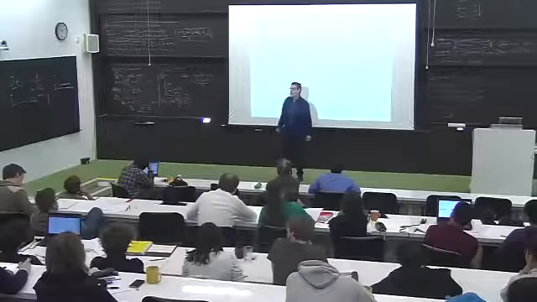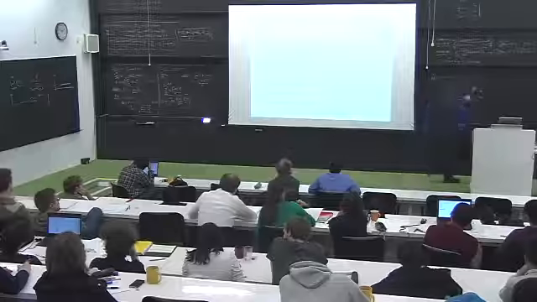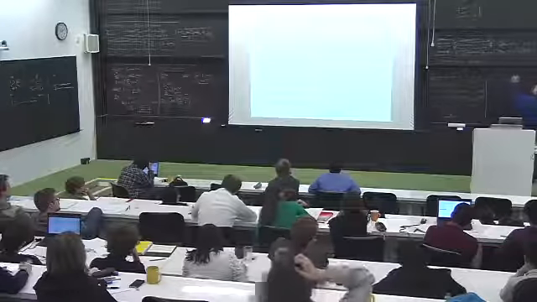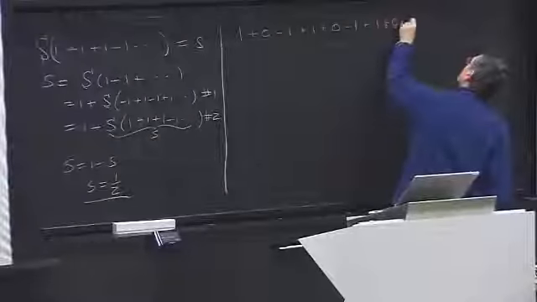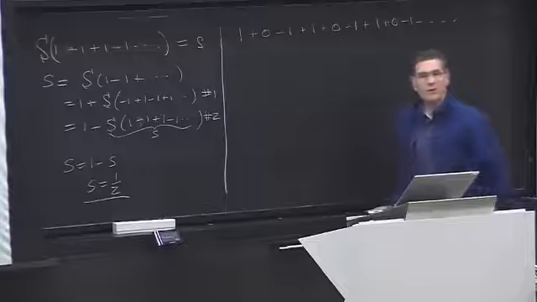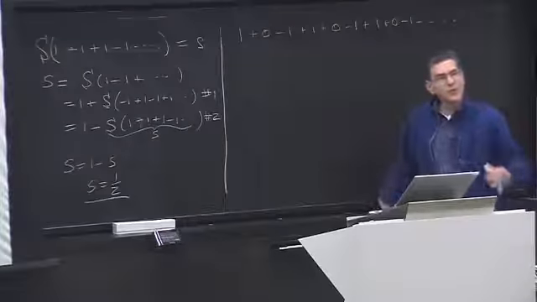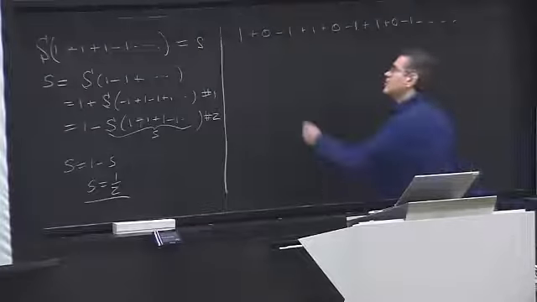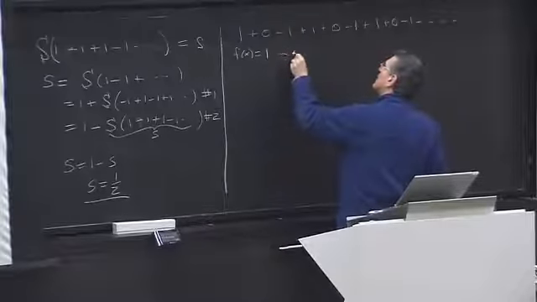So let me show you something weird. What do you get if you add up the series 1 plus 0 minus 1 plus 1 plus 0 minus 1 plus 1 plus 0 minus 1, and so on? What do you get if you sum that series? Well, let's do what Mr. Euler says. Okay, Mr. Euler says, construct the function f of x, which is equal to 1 minus x squared